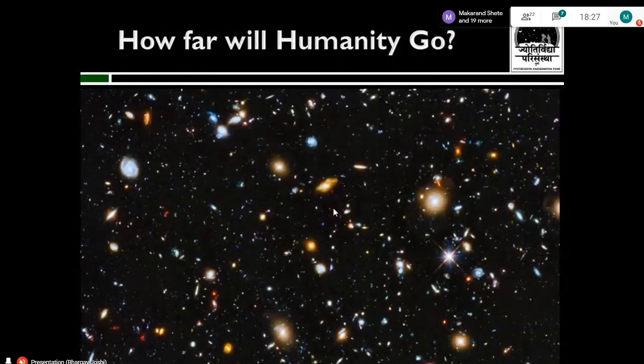All these galaxies, even the distant red dots in these images, are galaxies which are really, really far away from us. And these are called the population 1 galaxies. You might be wondering, if you start walking into this image, how will it end? If you keep on walking and you hit, let's say, a dark wall, does that mean you have reached the end of the universe? Well, no. What you have reached is the limit of Hubble's vision. This is the image that can be captured by the Hubble Space Telescope with its specification. But this is not the entire picture of our universe, just 1 degree of sky, and yet 5,000 galaxies.